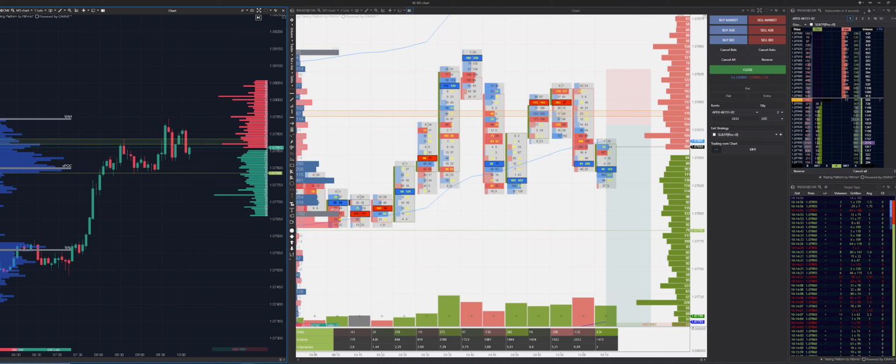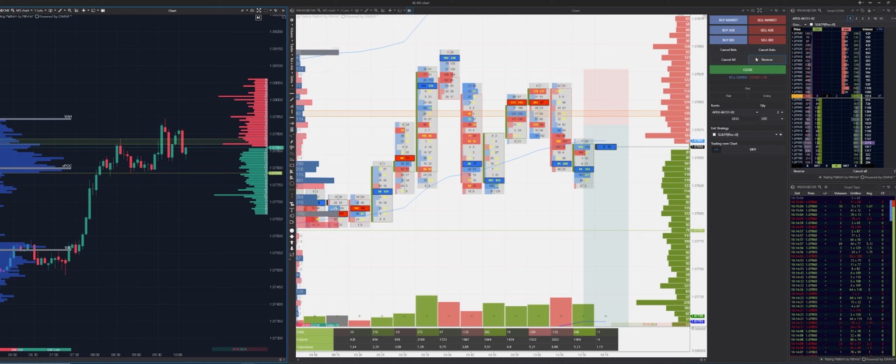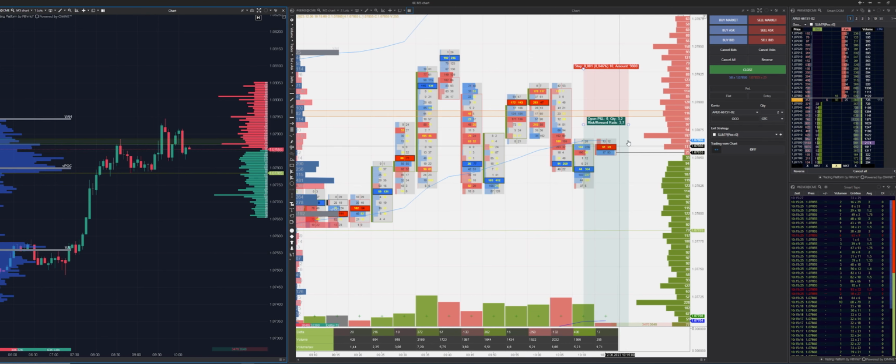But let's have a look at the trade that I'm about to execute. We are currently in Euro USD, and I'm trading futures right now. This is my footprint chart, the order book, the smart tape, and my chart for the overview, and I can trade here, as you can see, buy market, sell market, etc. I'm about to sell 2 contracts in the Euro USD, and what I'm currently waiting for is a retest